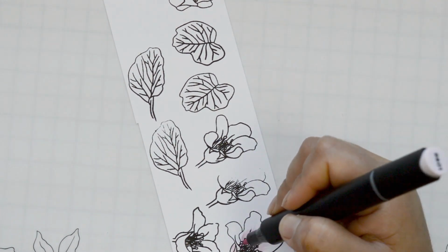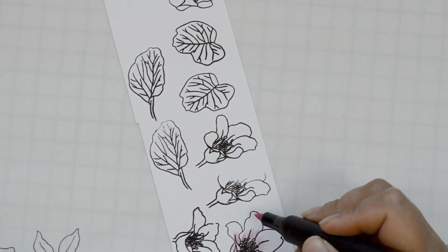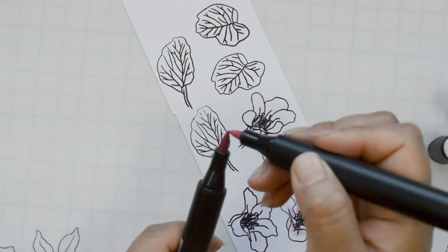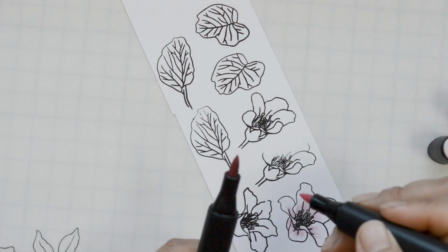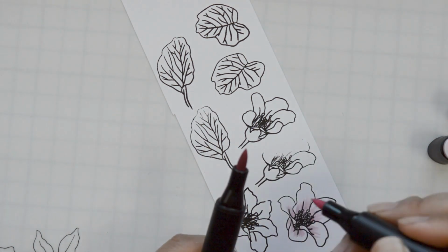So you're gonna see that all I'm doing is just with the lightest color, just flickering the brush in this case, because I'm using the brush side of the marker from the center of the flower towards the end of the petal. Now to start adding detail, I'm gonna come in with the next darker color,